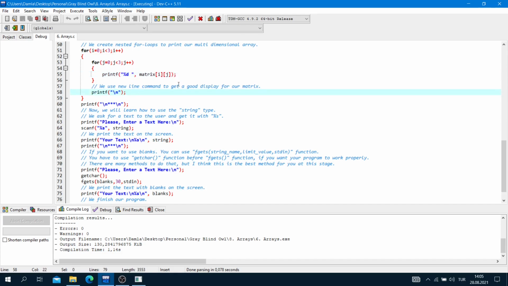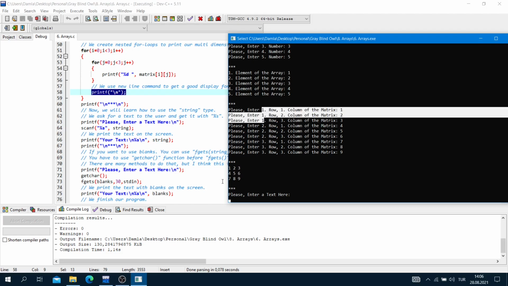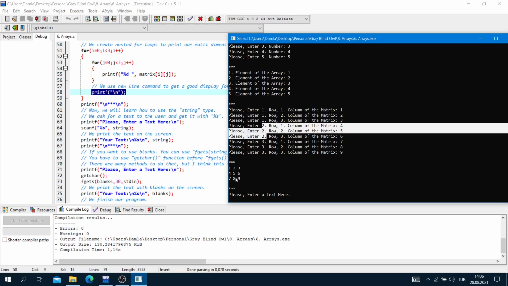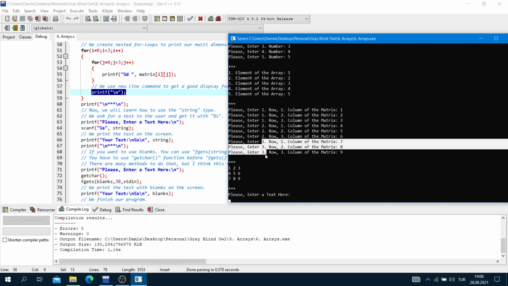We use a newline character to get a good display for our matrix here, because we have three groups of three: 1 2 3 is our first row, 4 5 6 our second row, and 7 8 9 our third row.